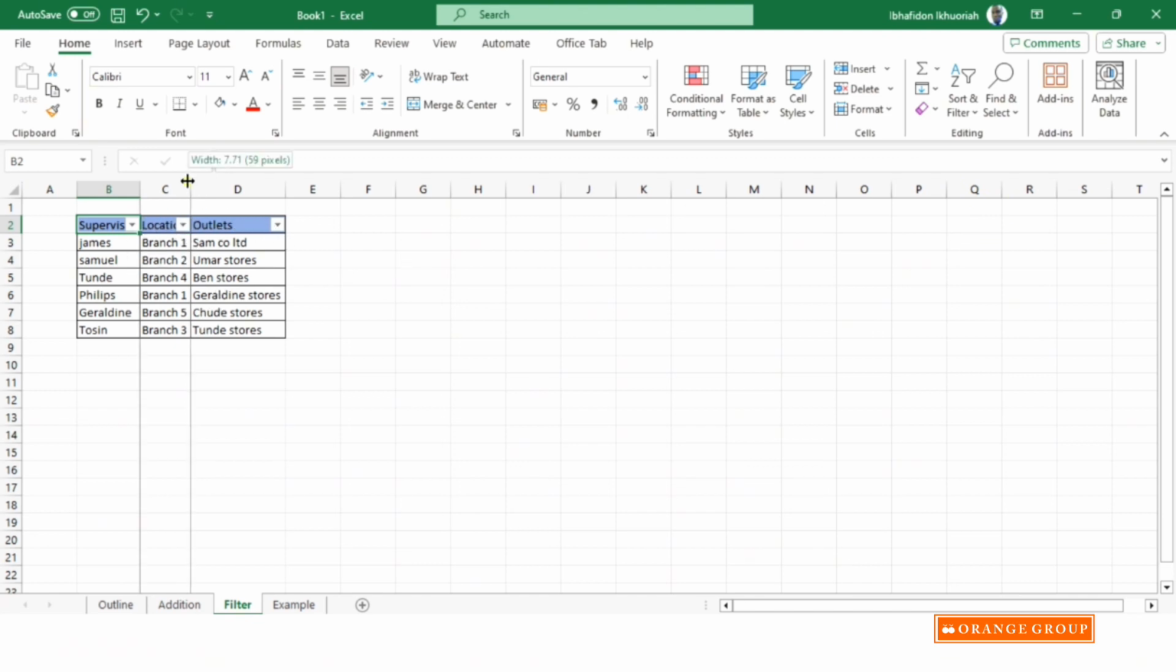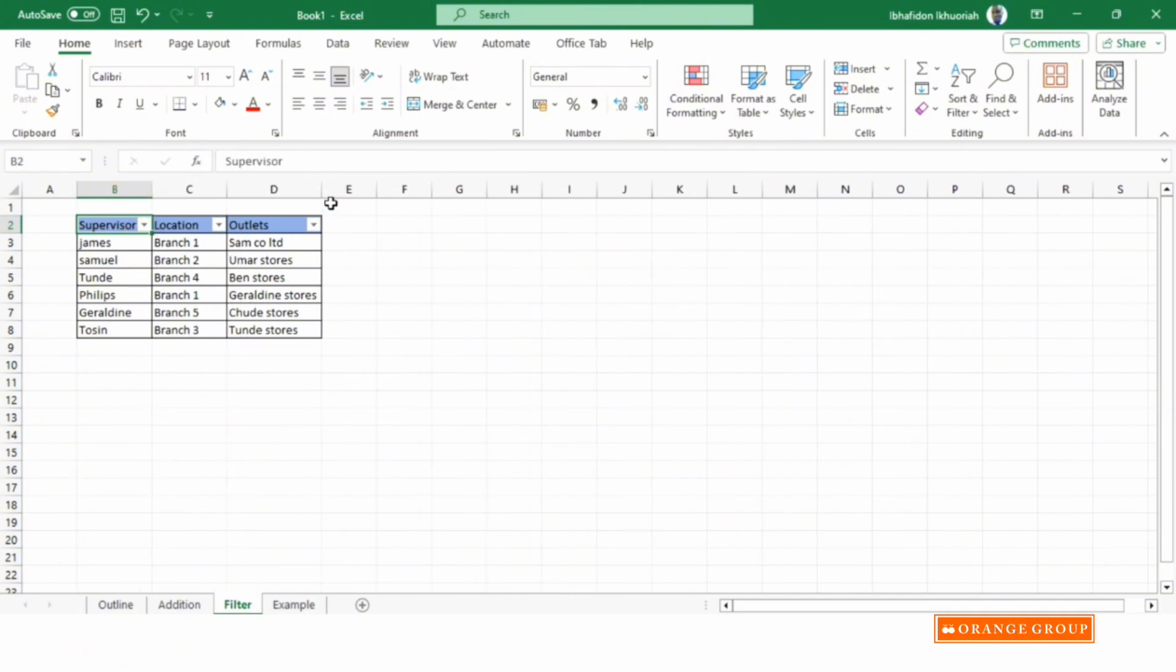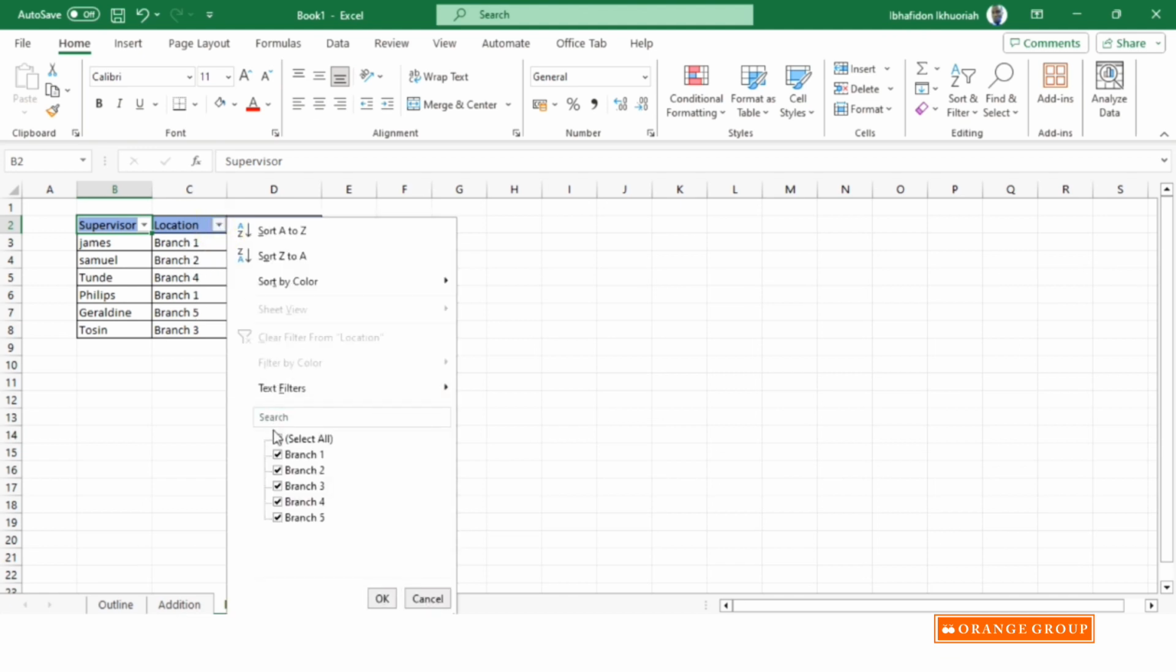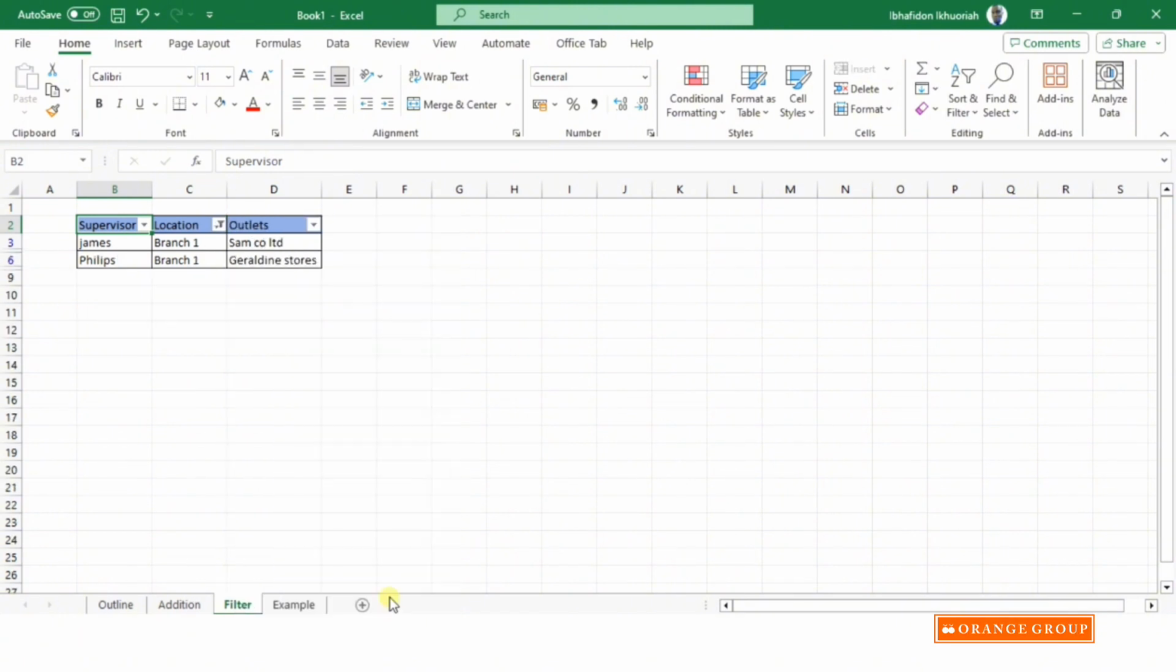So we want to filter by branch 1. Branch 1 is in the location column, therefore we filter by that column. We just want to unselect every other one, then select the branch we want to visualize. Branch 1, then we press OK. You can see James is the supervisor, while Samco Limited is the outlet James supervises. Philip, as a supervisor, supervises